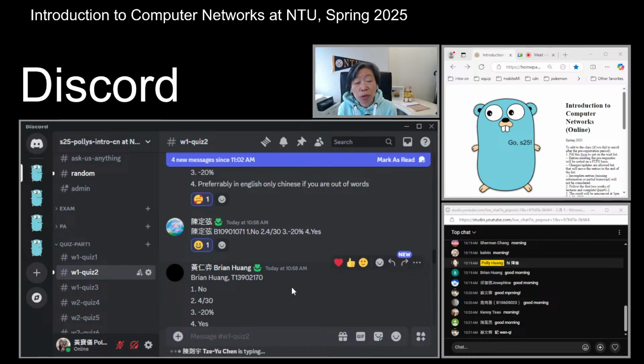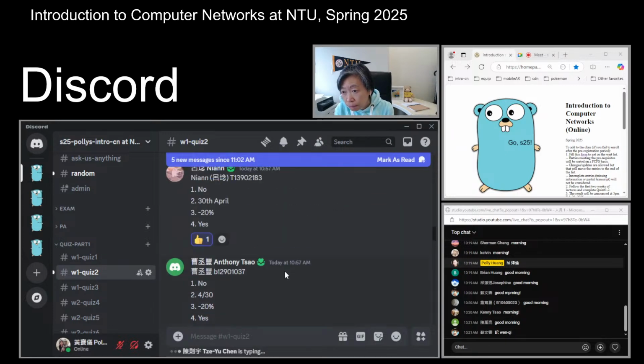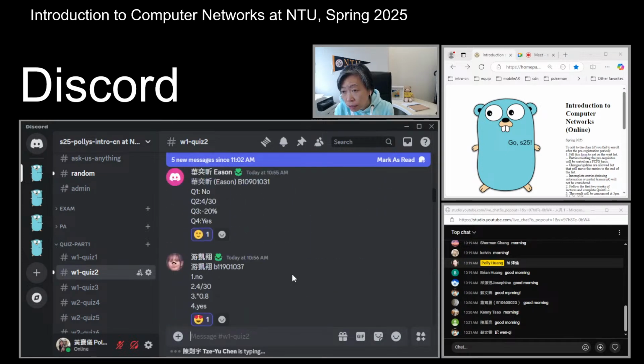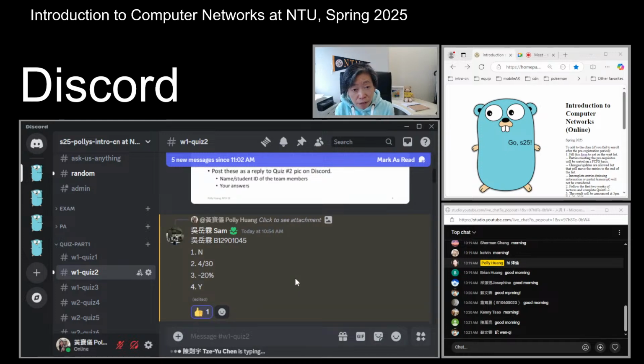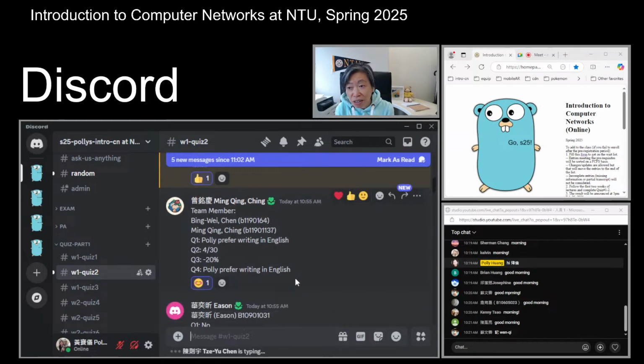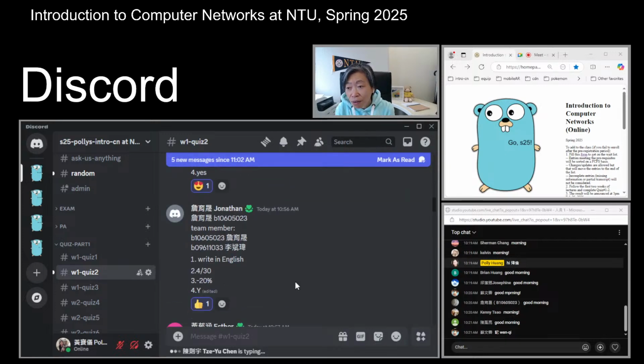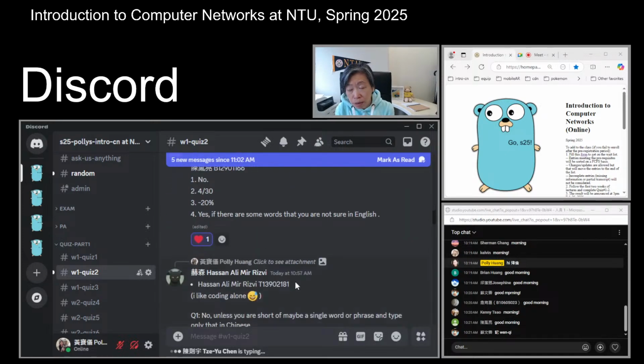So you know what, guys? I'm going to do the team assignments later on Saturday. For example, Kai Xiang, Ethan, and Sam, if you have a change of mind and decide to merge and form a team, or form a team with another one-person team, or join a two-person team, that is okay. Later in the second week, we will still allow merging of teams or breaking up of a team. Okay, so that's quiz 2.